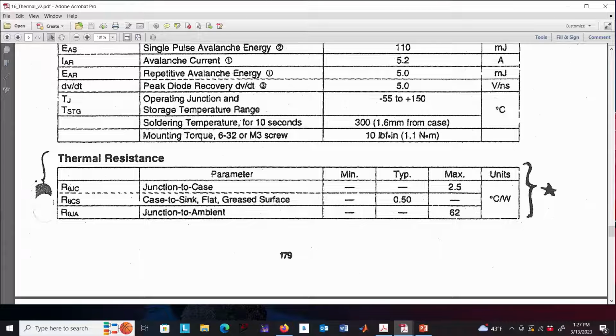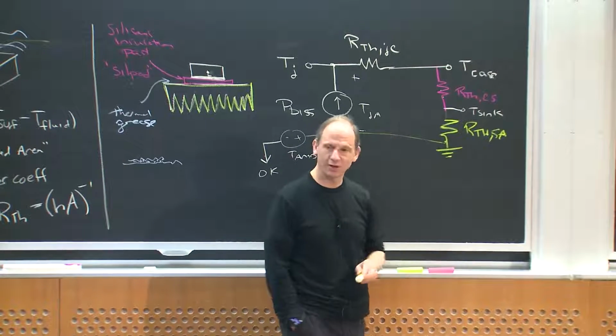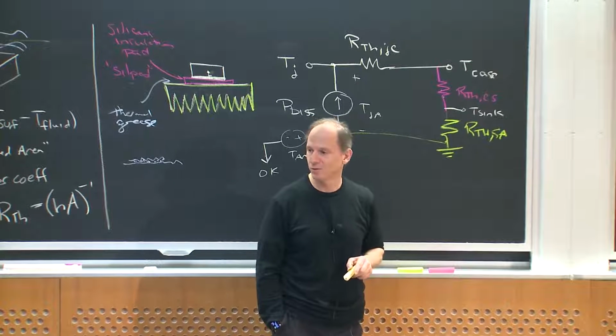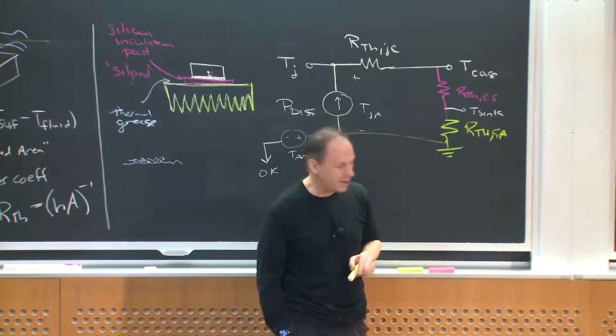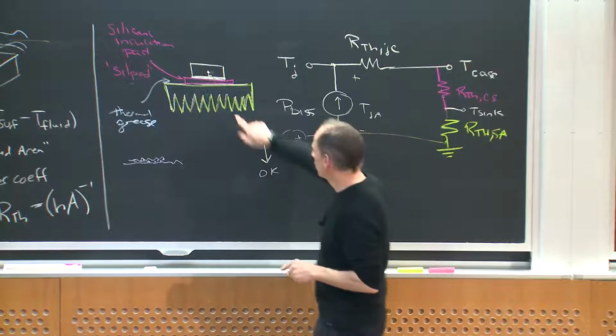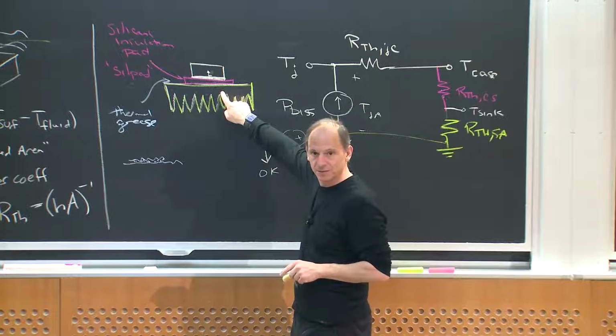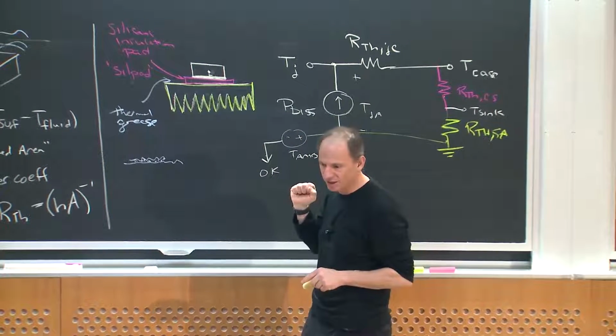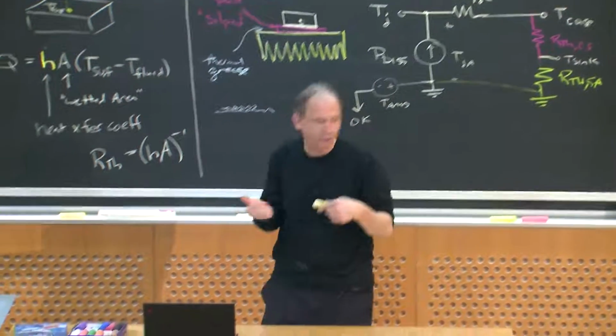And then they tell me, if you get just the right amount of thermal grease, and you do a really good job of mounting this down to a heat sink, so we're not worrying about any additional insulation pad, it's another 0.5 degrees C per watt between the case and the sink. That's if I don't need electrical isolation. If I do, I have to look up the thermal resistance of my sill pad or whatever else I'm putting in there. Usually, as the designer, I'm trying to pick this. But if I went out and picked a particular heat sink, I can look up its value of RTH sink